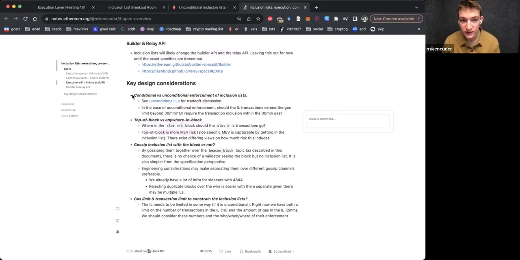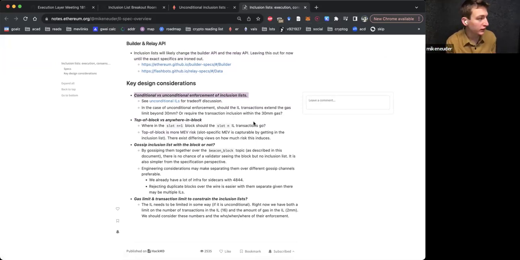So first is this conditional versus unconditional enforcement. The original design, the no free lunch design, had this condition where the inclusion list transactions didn't need to be enforced if the subsequent block was full. But Potuz and Barnabé and others pointed out that this exposes a degenerate behavior where builders can avoid including transactions by topping up the block and filling it.